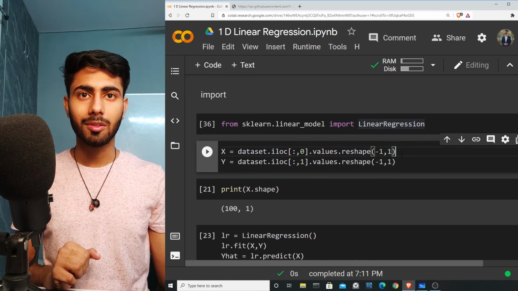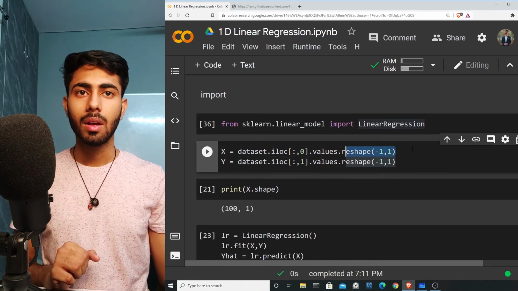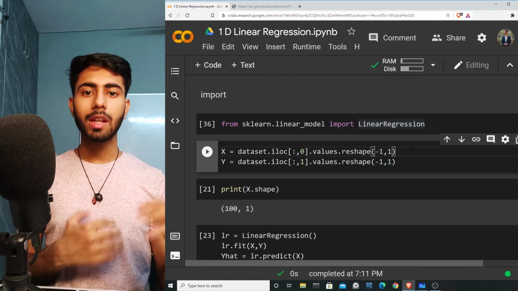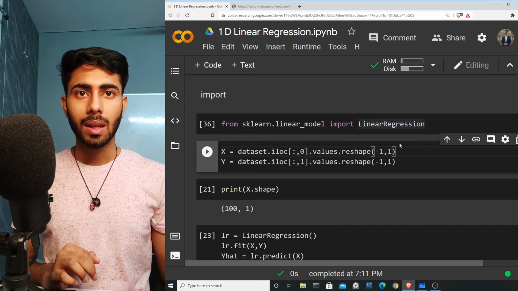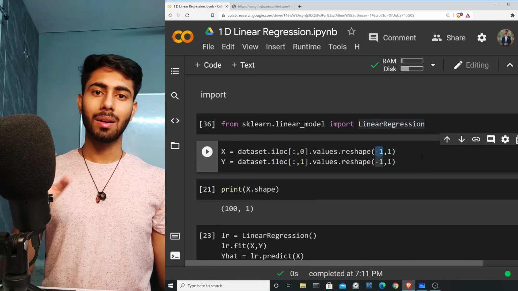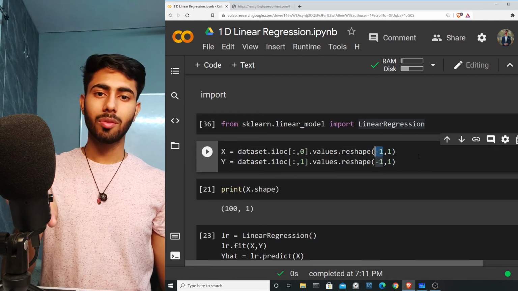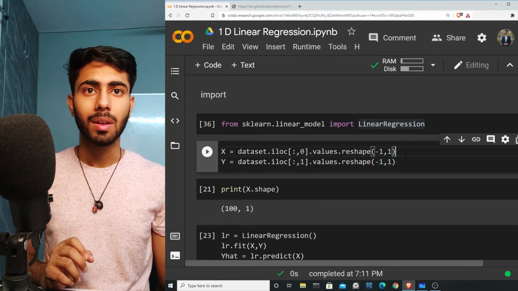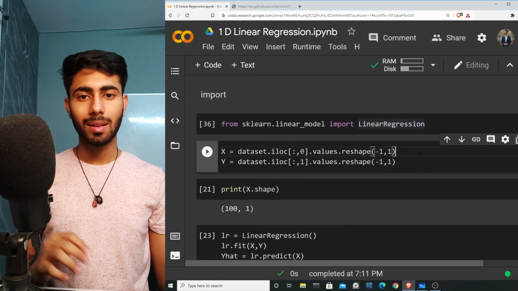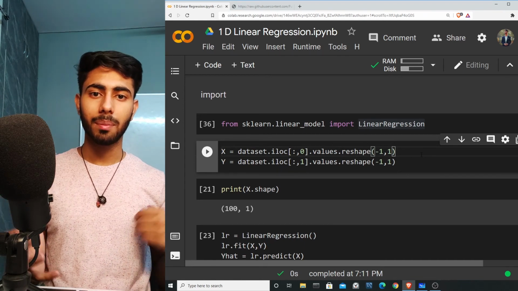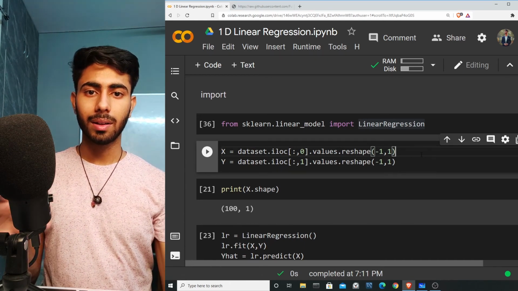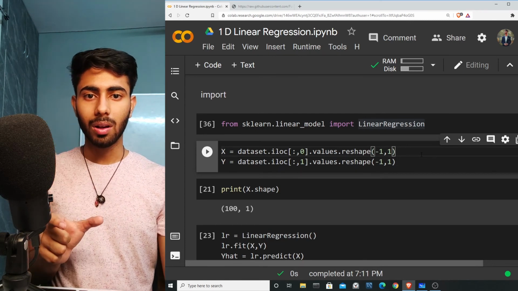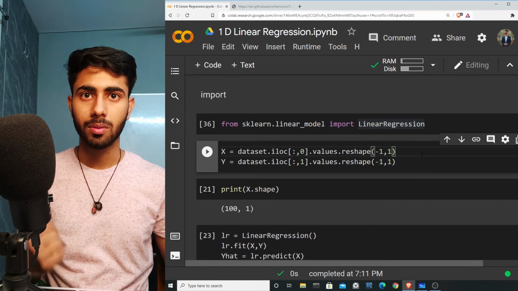And here you can see there is a term reshape(-1, 1). Whenever I write reshape, it reshapes my array. -1 means that my computer will take care of how many rows there will be, and 1 specifies the number of columns. So it means the model will reshape whatever the shape of the current data frame is into a data frame containing only 1 column and the required number of rows.